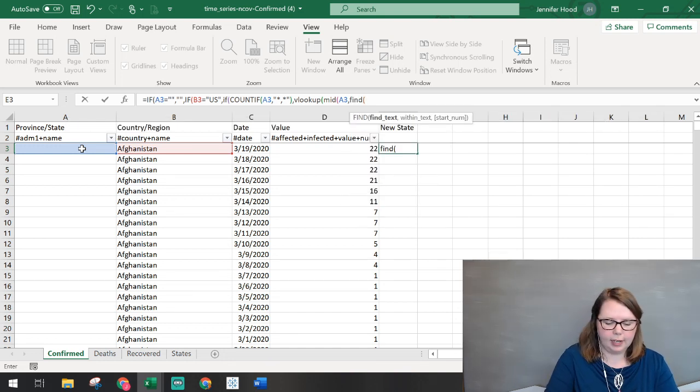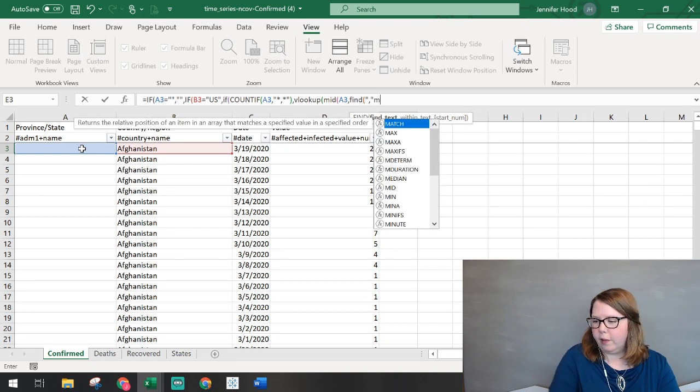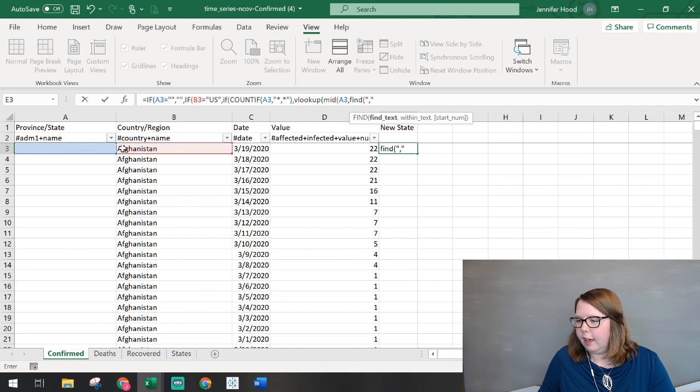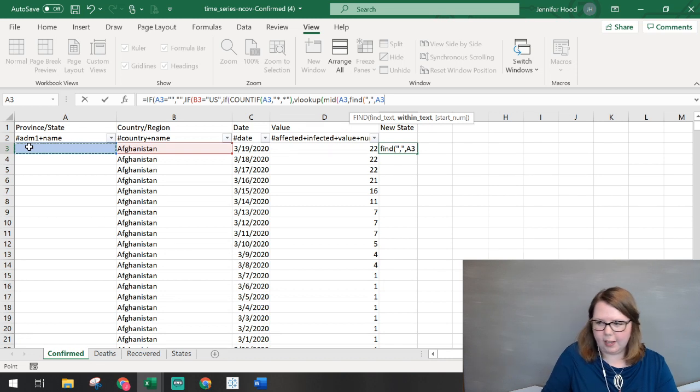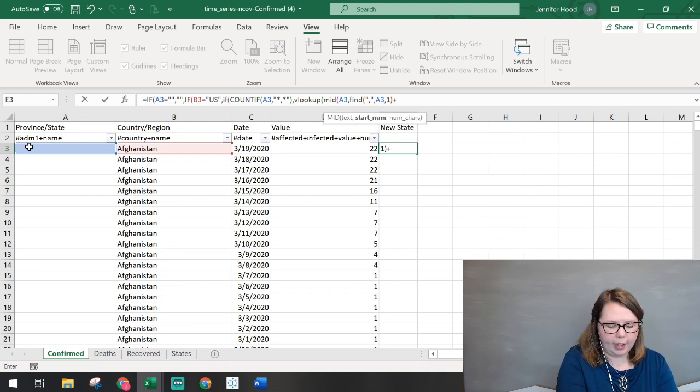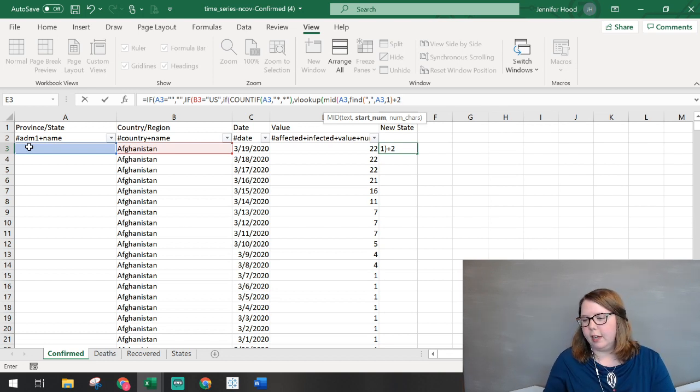So I'm going to find the comma within that same cell, and I want to start at character 1 and then close that, and I'm going to add 2 because I don't want to include the comma, I don't want to include the space after the comma, I want essentially the first character after that space. So I'm going to say I want to start the second character after the comma, and I want to take 2 characters.